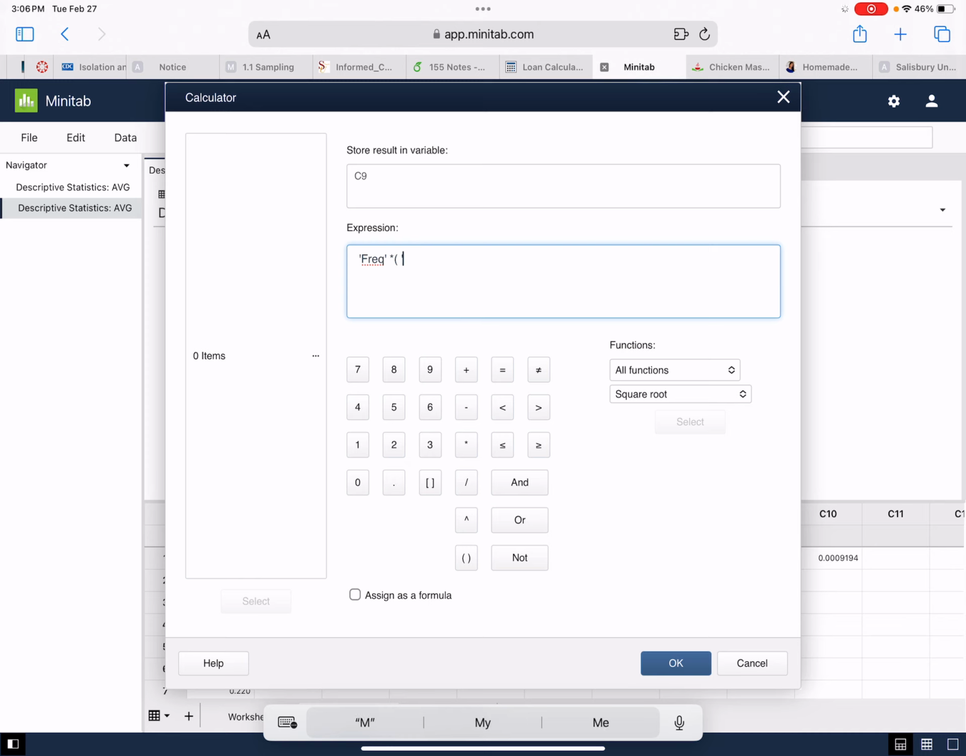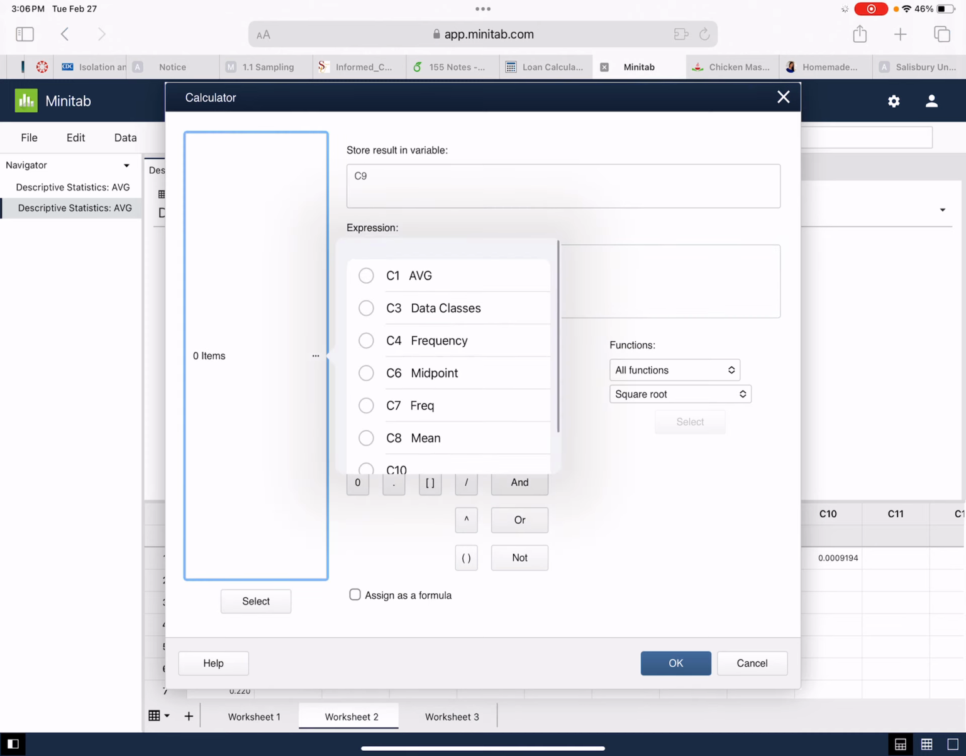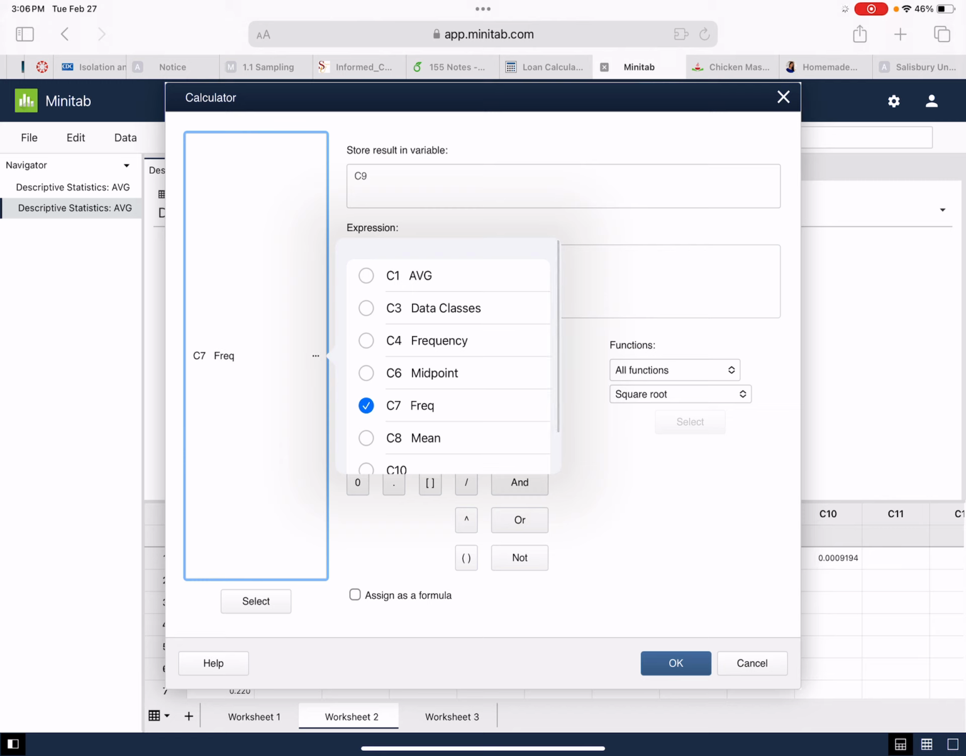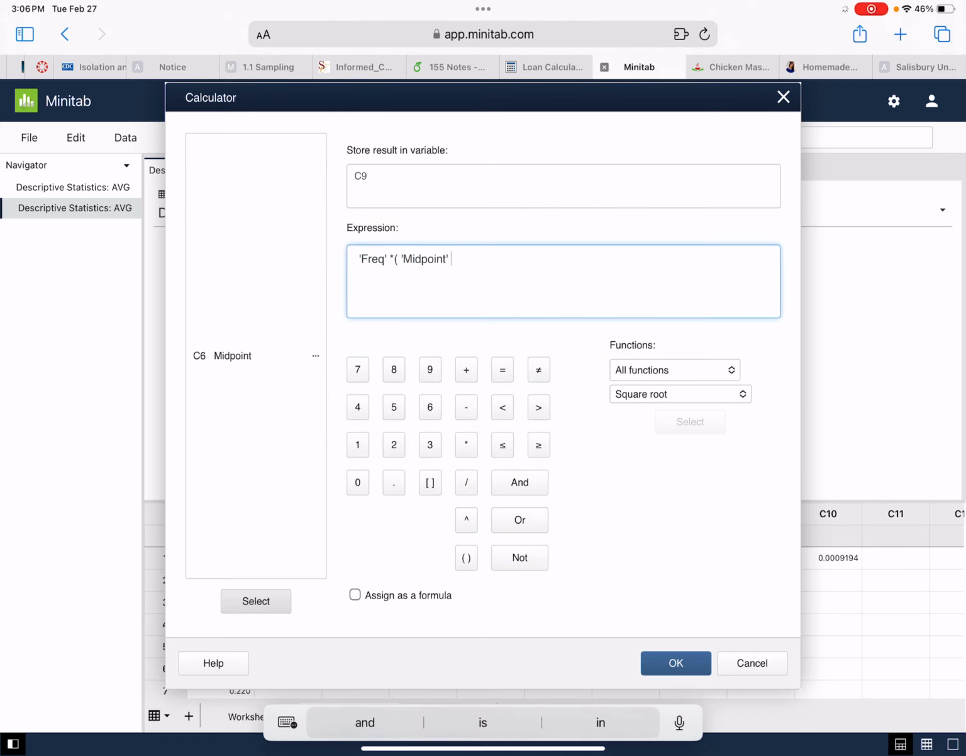Okay, so let me just start this from the beginning here. Remember, the way that we do this is we're finding the difference between each entry and the midpoint, but then we're weighting it by its frequency. So we're going to do frequency, or I guess you could just do freq. It's the same thing. It doesn't matter. Right, select that. And then we're going to do times, parentheses, and then midpoints, select that guy, minus,